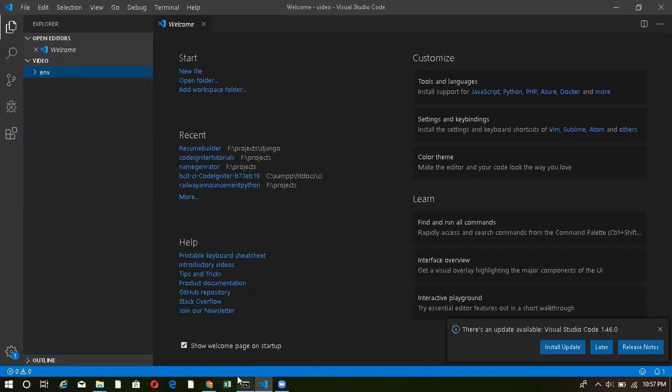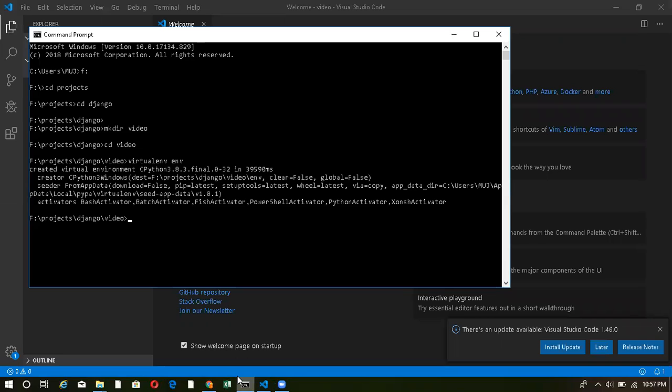Now, if I have to enter inside my virtual environment, I have to write this script: env, the name of the virtual environment, backslash capital S, and just press tab, backslash small a, and press tab and enter.